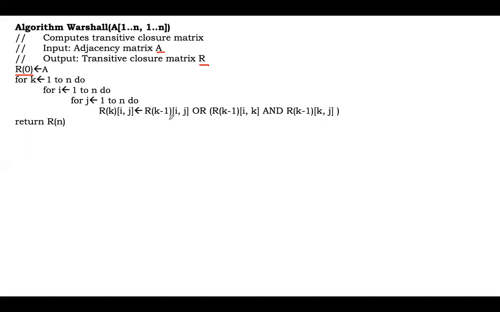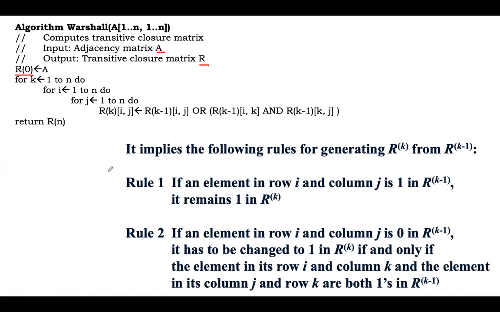At each stage, now we are in R0. It will go to the R1 stage, the R2 stage. For each vertex, the matrix will go on changing. And finally, we will be in the R4 stage, which is nothing but the transitive closure matrix. This algorithm is like this.